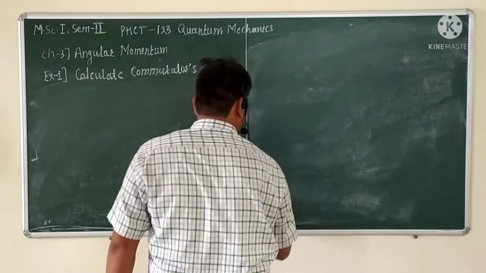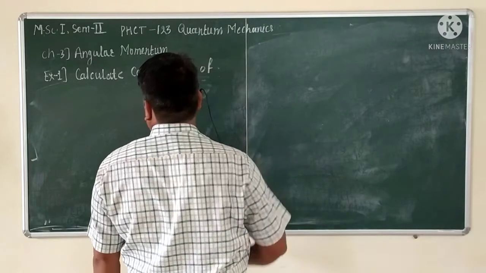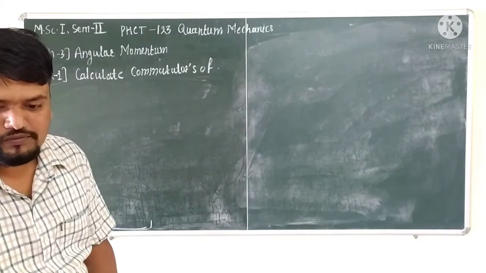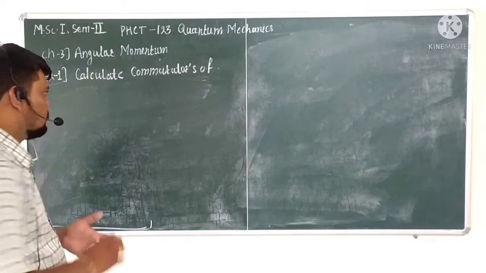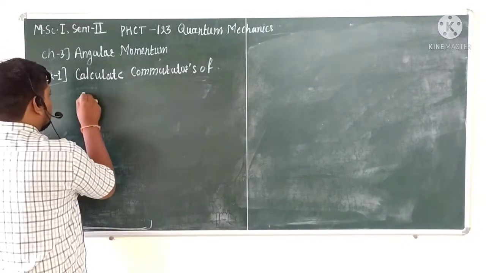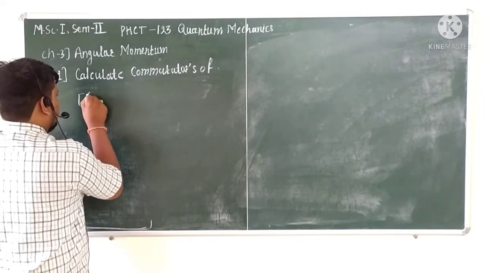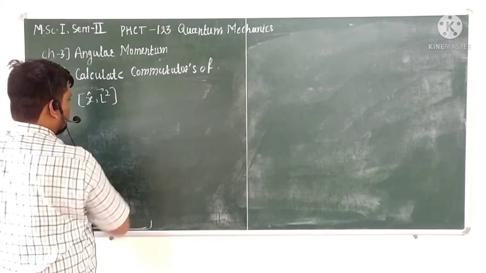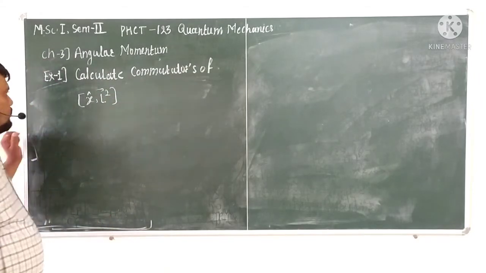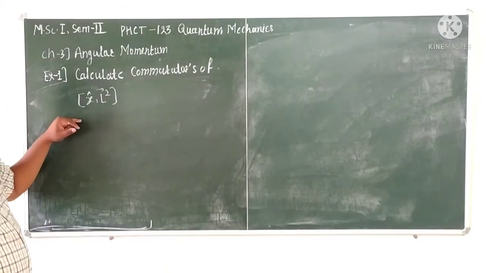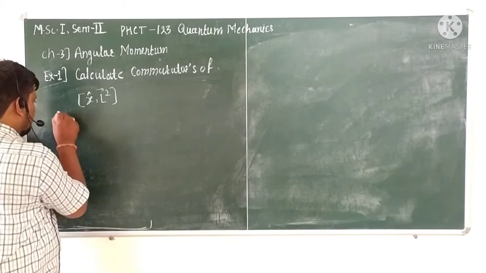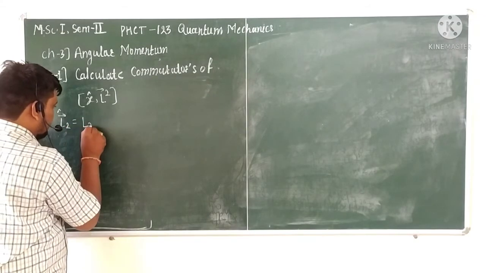Okay, so find or calculate the commutator brackets of x cap comma L square, x cap comma L square. Okay, so we have to know first of all what is meant by this L square. So this L square is nothing but Lx square